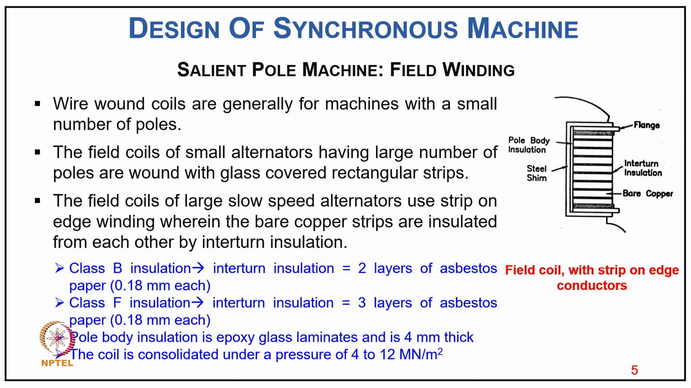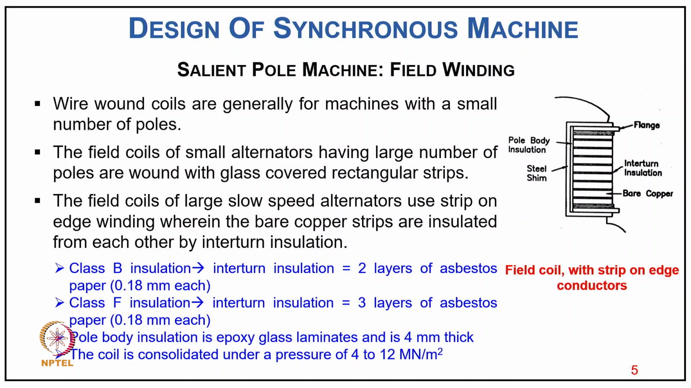As you can see how the field winding sits on the pole body, you can see a portion of the field coil with the strip on edge conductor. Typically wire wound coils are generally for machines with a small number of poles, and the field coils of a small alternator having a large number of poles are wound with glass covered rectangular strip, and field coils of large slow speed alternators use strip on edge winding where the bare copper strips are insulated from each other